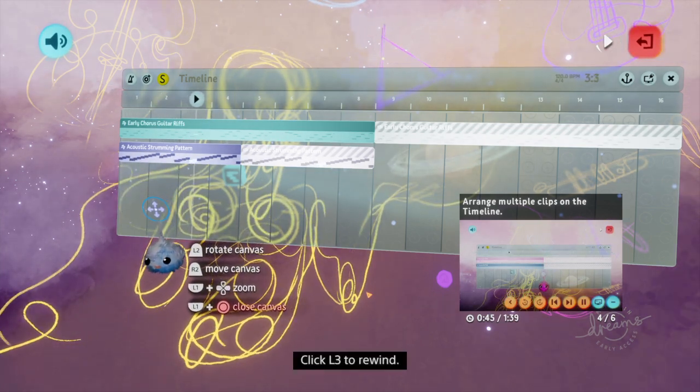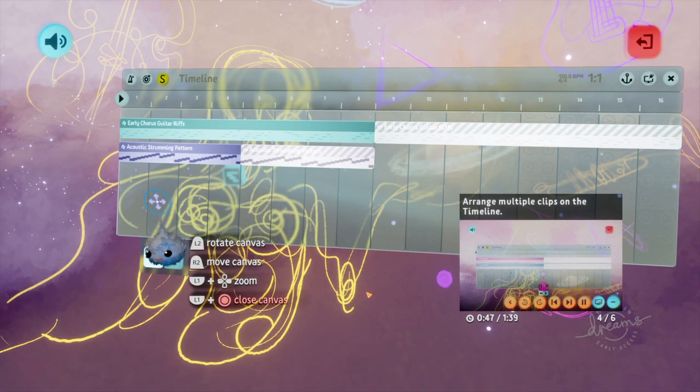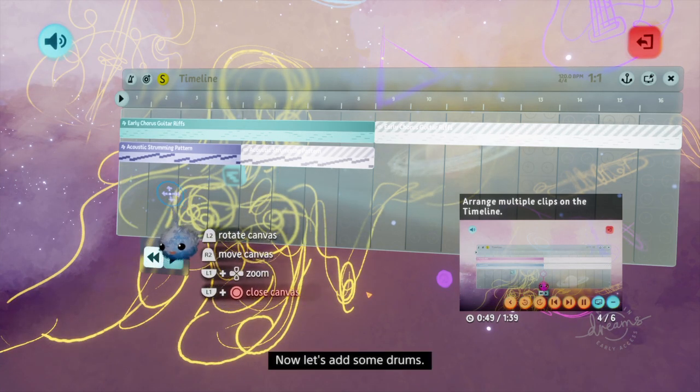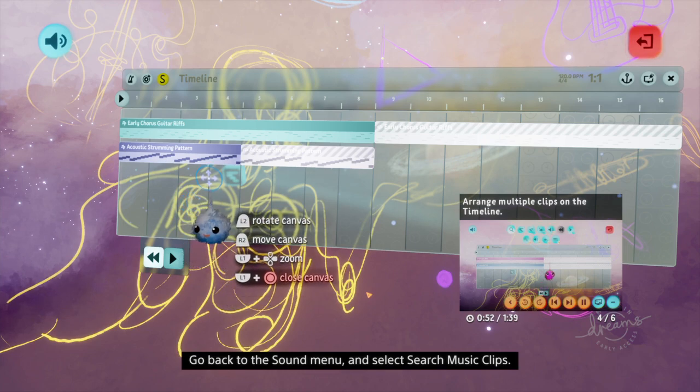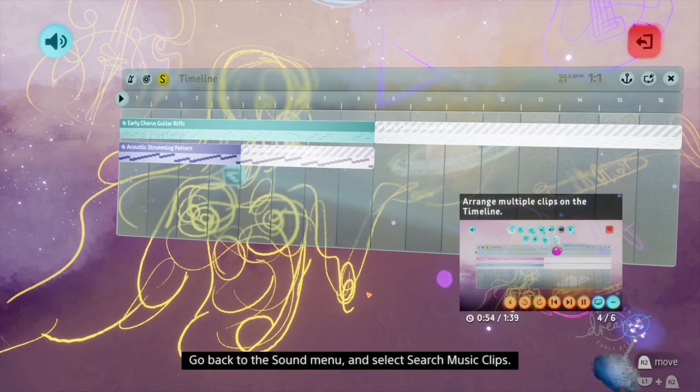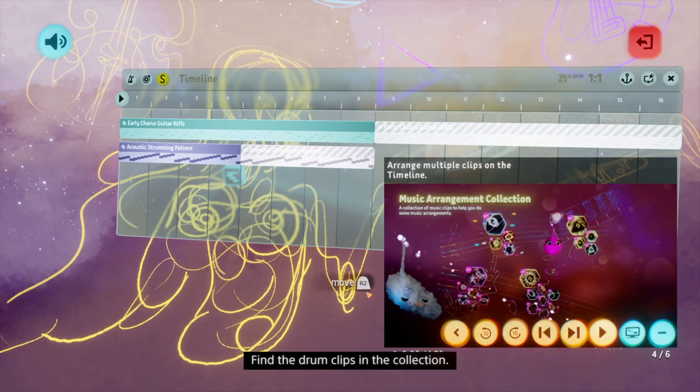Click L3 to rewind. Now let's add some drums. Go back to the sound menu and select Search Music Clips. Find the